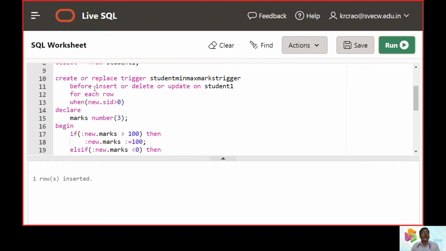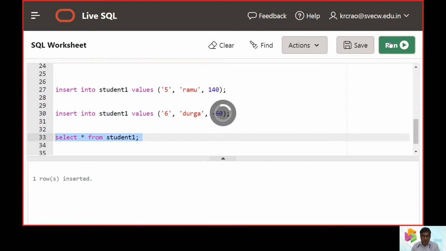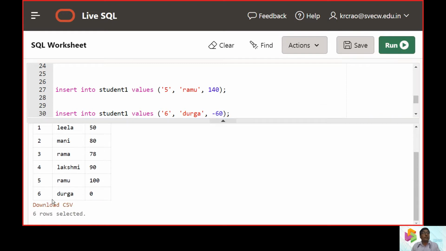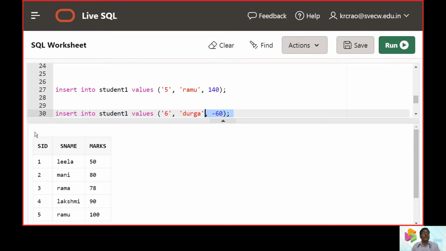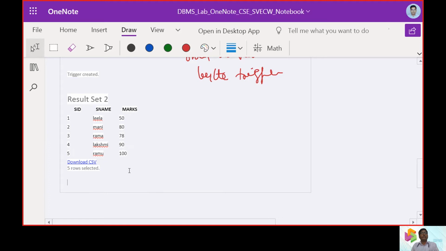The event is going to be fired before an insert operation, and it is going to put the values in the minimum slab. So now let us see whether this triggering concept we were talking about is going to happen. Yes, the minimum value earlier was minus 60. Now it is going to be converted to 0. So this is how a trigger is going to function.